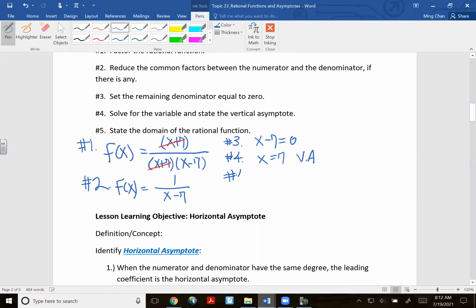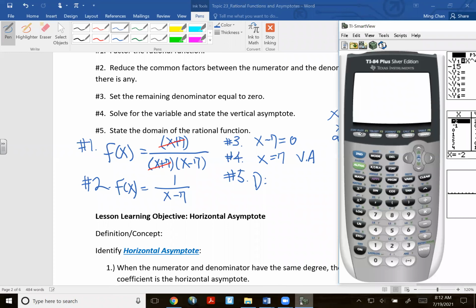So one of my restrictions is the vertical asymptote. The other one is the hole. The hole occurs where the factor that I canceled out, x plus 7, is set equal to 0. Solve for x, then I will know exactly what the hole is. So there's going to be a hole in my graph at x equals negative 7. Can't see it on the graph, but it's actually there. You just can't really see it. So my domain